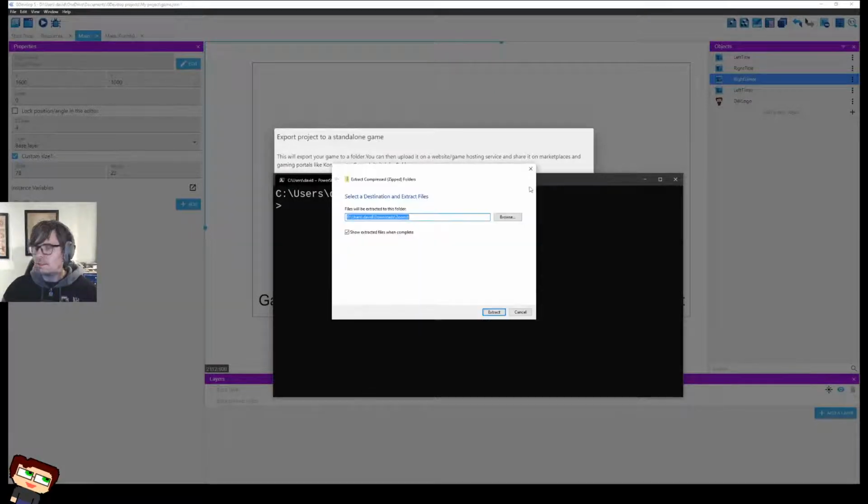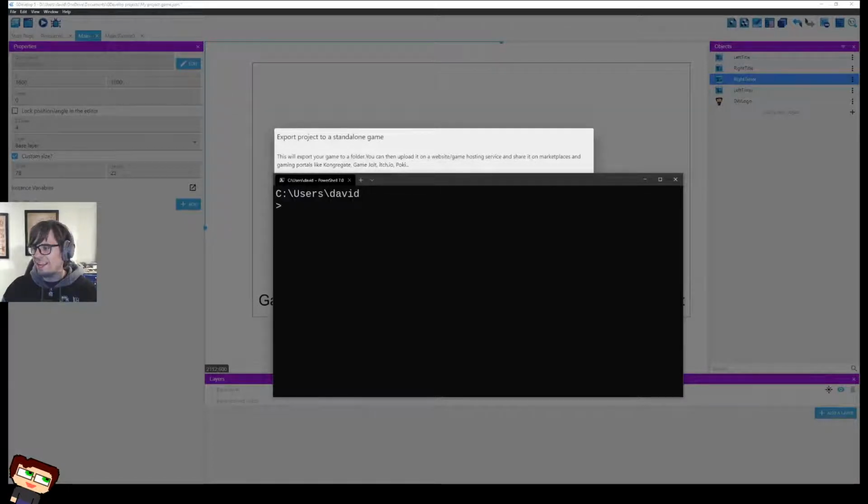Extract. And drag this off. Y'all don't need to see my folder structure. You don't need that in your life. There we go. Tools, my tools folder.